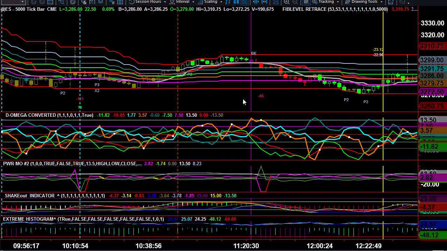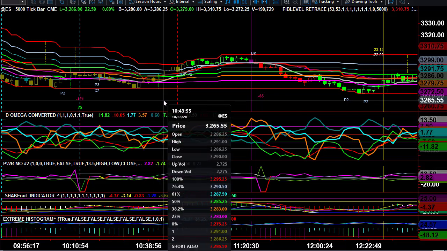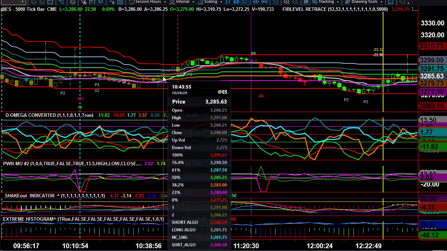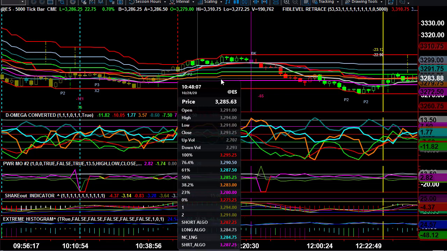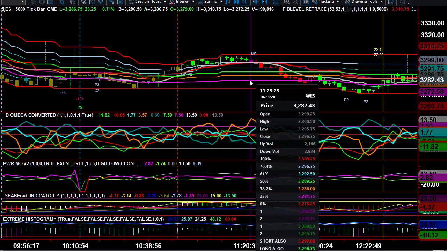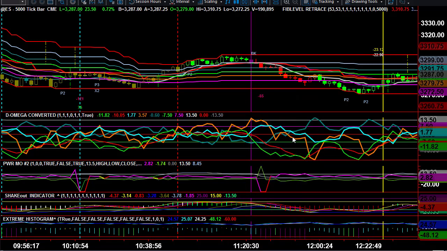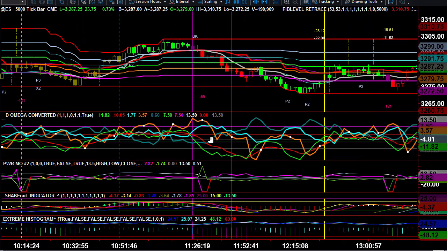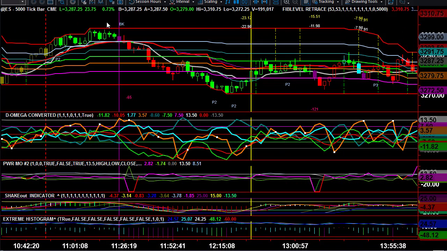My feeling too is on a DOC spread, if you've got a positive extreme anywhere in between there, fine to go ahead and take, because it also gives you a pretty clear clue as to what the retrace values were. In this case, it was bringing it all the way back down to the 3286 range from 96. So full 10-point projection on that one, and it did far better than that.